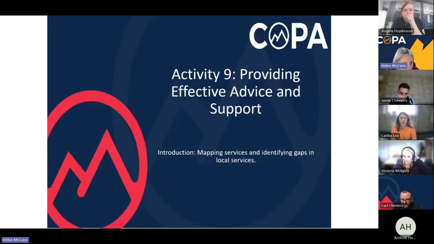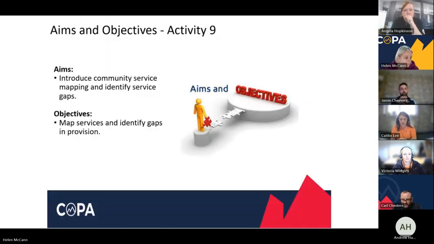I'm on the wrong one, sorry. We just did 8, didn't we? Sorry. So activity 9 is introducing community service mapping and identifying service gaps. So this is looking at what's out there, what's available and what maybe might not be available. So, you know, where are the gaps? Like I said earlier, transport's probably a gap for us, and